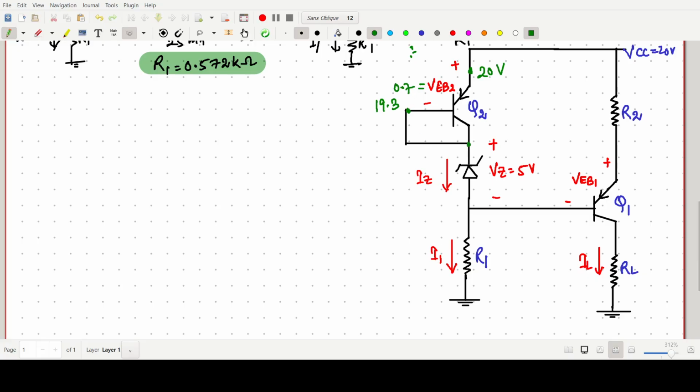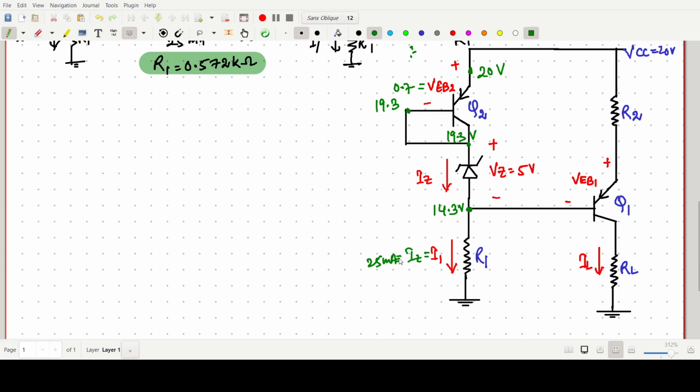Now this all is 19.3 volt in this one. So this one is 19.3 volt. Okay. So this value will be what? VZ for 5 volt drop. So 19.3 minus 5, 14.3 volt. Okay. So now I1 will be simply this one is same as that of IZ, that is our